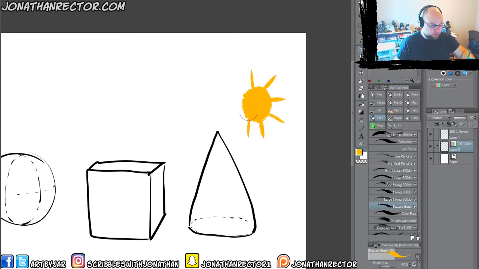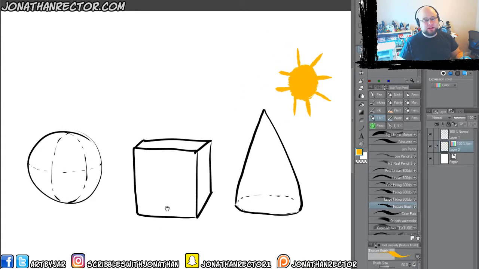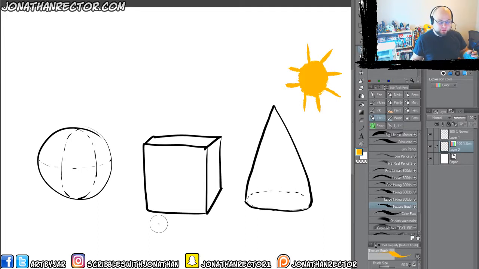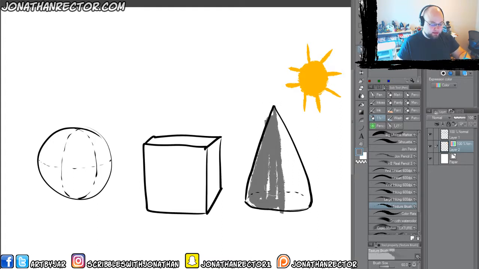There we go. We got a gross sun, right? And I'm sure if you guys haven't done this exercise, I highly recommend it. It's valuable. So I'm gonna go like gray here, because that way you guys can see it, right? So if this is the light source, really the idea is to think of these things as 3D objects, right? So we don't just shade one side like this. You can. The light's hitting you here, right? You can. But remember, it's a round shape, right? So it might not go all the way to the top. It might just be like